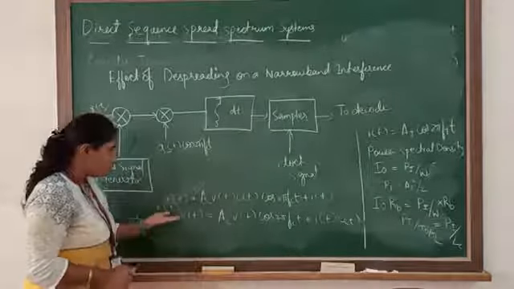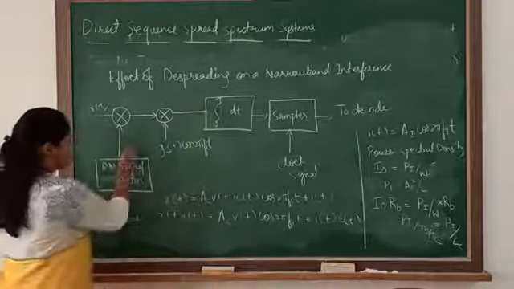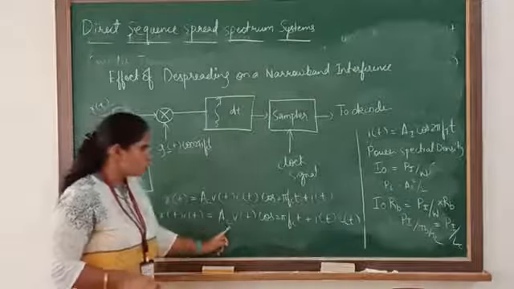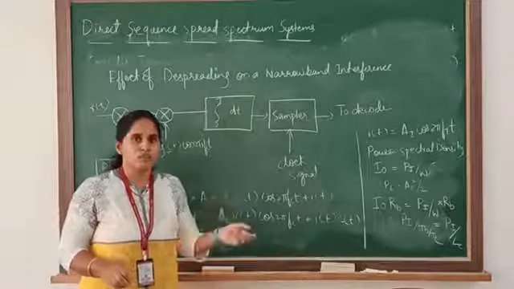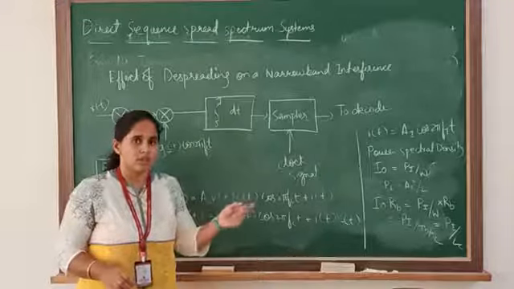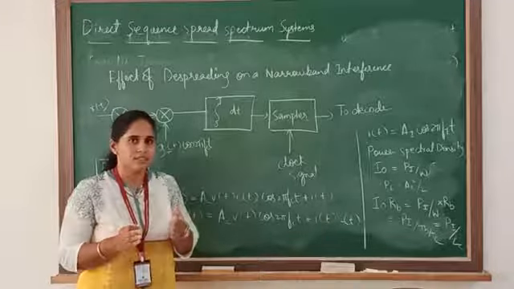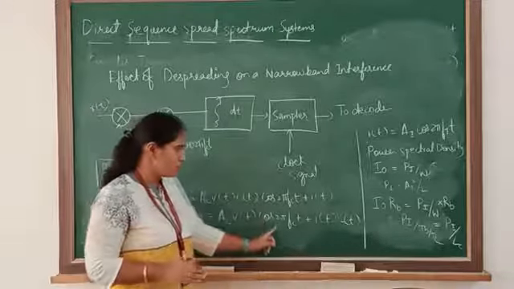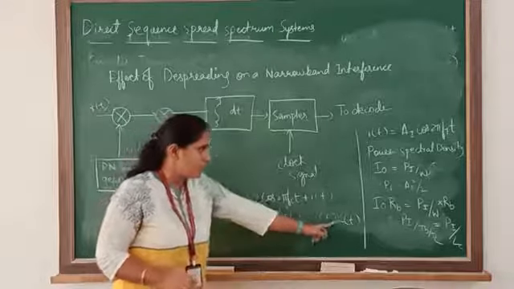Now, r(t) is multiplied with c(t). When you multiply r(t) by c(t), c(t) into c(t), that is c squared of t, will be equal to 1, because c(t) is the orthogonal signal. So we get Ac v(t) cos(2 pi fc t) plus i(t) into c(t).